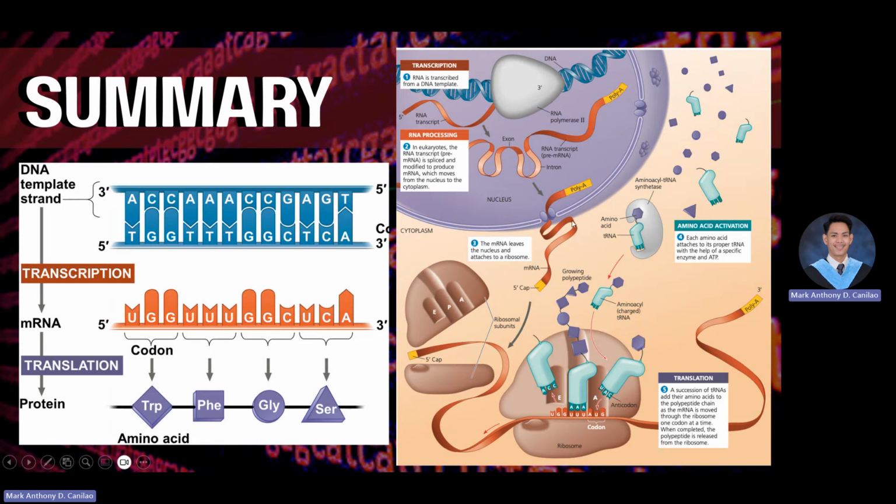Now, the translation happens. mRNA is used, and it fuses with the ribosome, the small subunit at the bottom and the large subunit at the top. There are 3 sites in the ribosome known as A, P, and E. A is for accepting, P is for processing, and E is for exiting. Again, the codon are the one that we use in identifying what type of specific amino acid ang ating kailangan. Okay? So don't get confused.